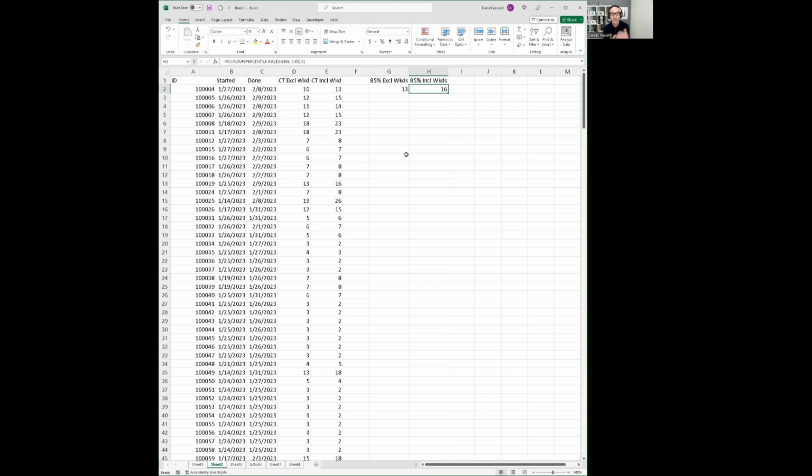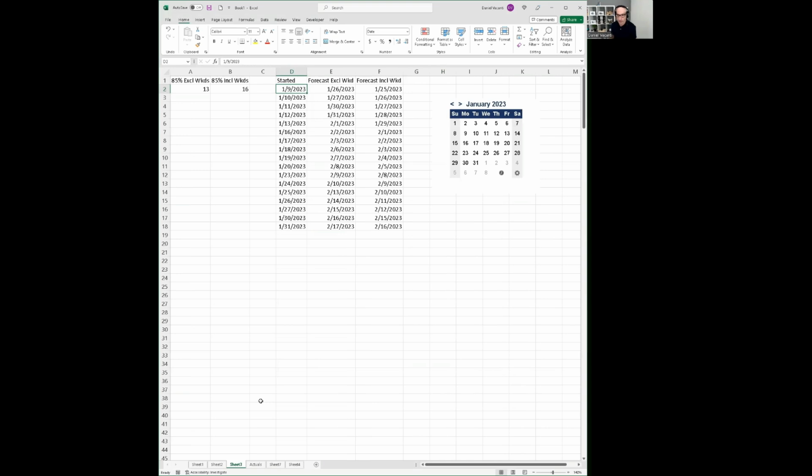So to see if our cycle time is really inflated or not, what we further need to test is, if we use these numbers as forecasts, how does that affect our actual forecasts? And so this is where we go to our next sheet. And what I did is, for most days in January of 2023, and by the way, these are all just, again, quote unquote work days. So there are no weekends here.